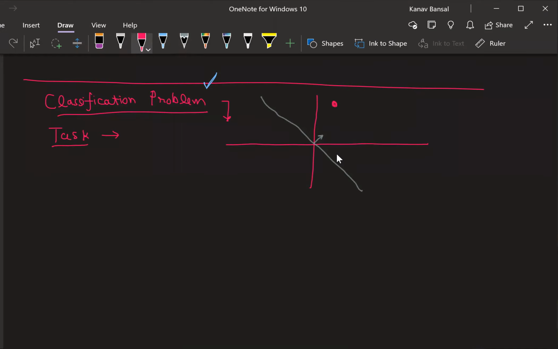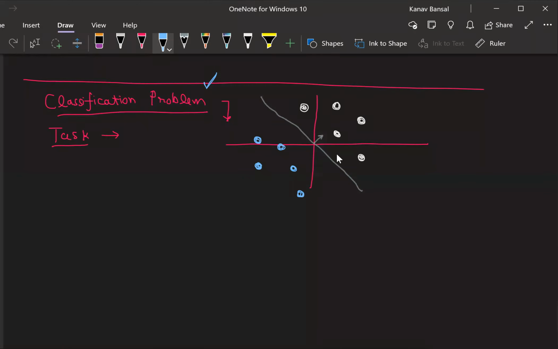These are all the positive data points, or let me use some other color. Okay, so let's say these are all some data points, some positive data points, and I have some negative data points, denoted by 2 classes. One class is positive, one class is negative. I have these data points. Now, do you see that this line is able to perfectly separate positives and negatives? Yes or no? This line is able to perfectly separate positive and negative, right?